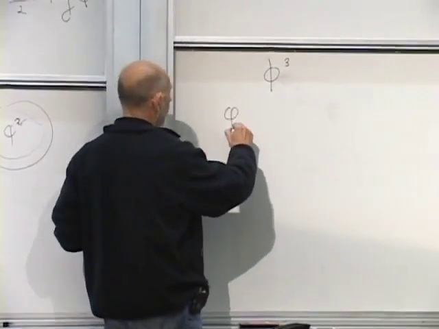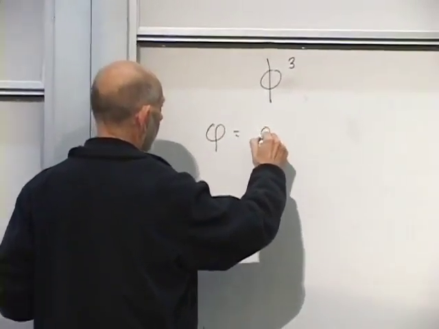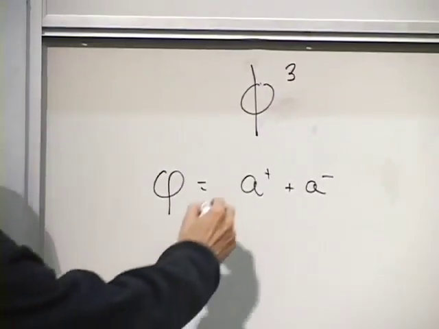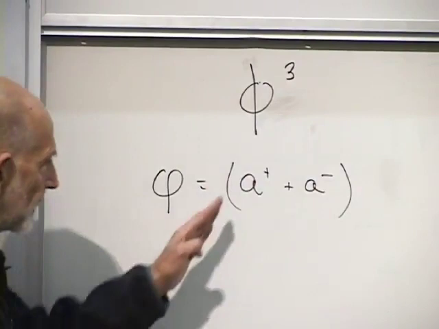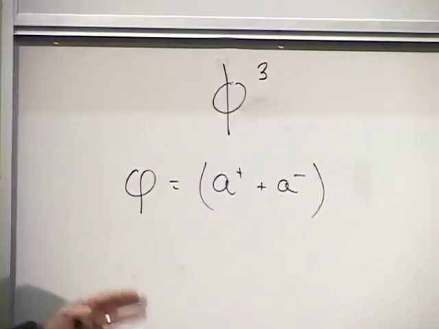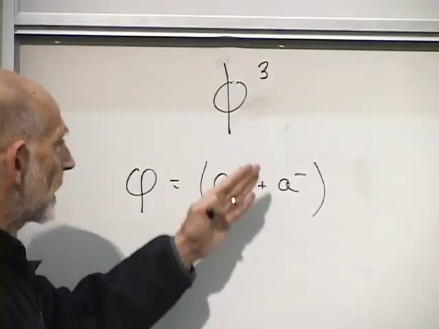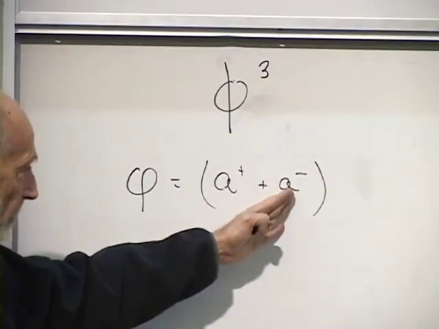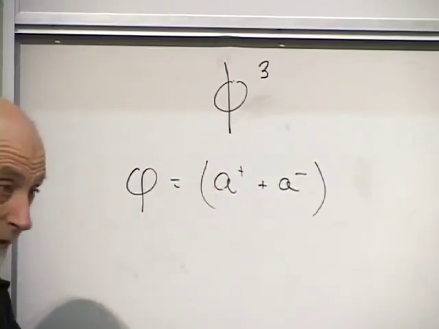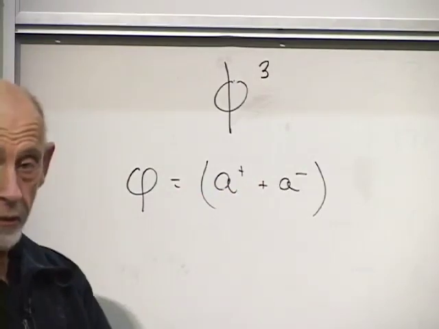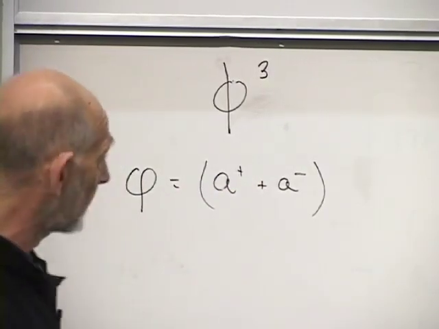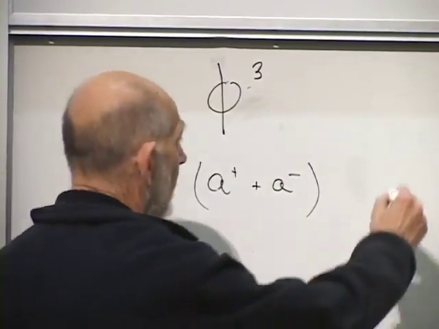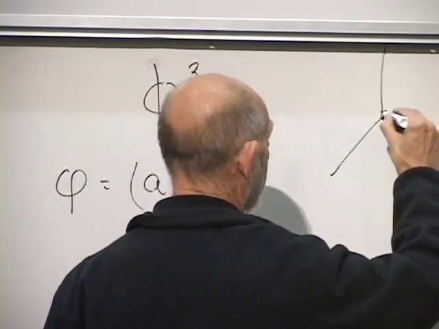Phi will contain both creation operators, let's call them A plus and A minus. This is very schematic, no detail. It'll contain various creation and annihilation operators. And when it's cubed, it will contain all kinds of terms, terms which can absorb or annihilate 3 particles. That's the A minus cubed term. Terms which can create 3 particles. Terms which can eat 2 particles and spit out a third, and so forth. So phi cubed has a meaning in terms of particles coming in and particles going out.